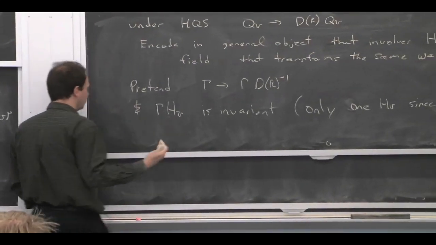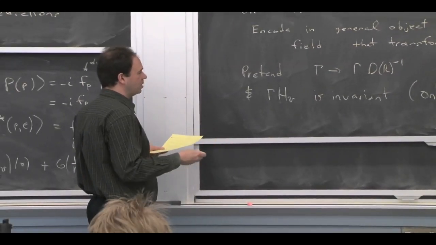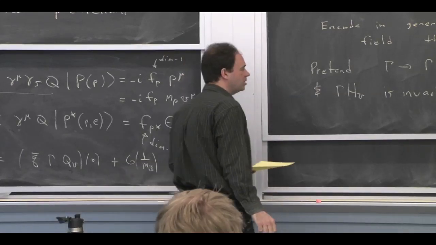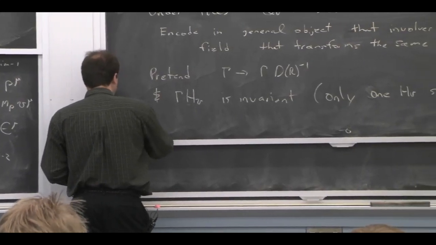It's got indices for those fields. So we're basically constructing things. If we've already accounted for the indices on the left-hand side of the equation, then we're just constructing things that are scalars. So Lorentz covariance